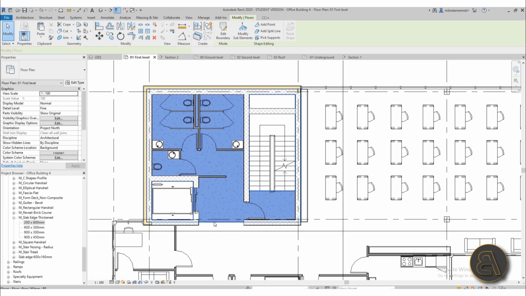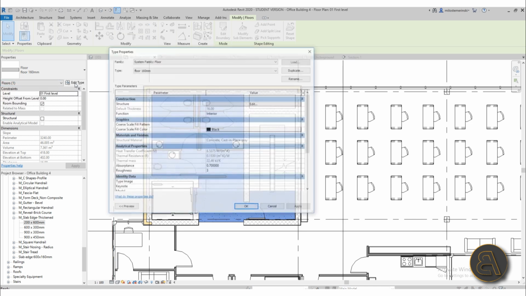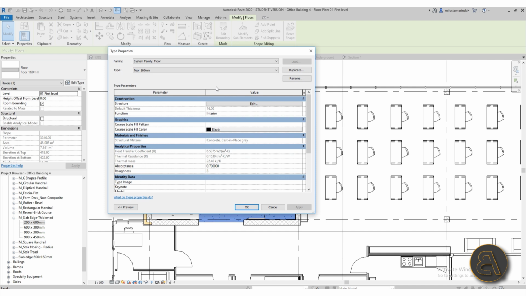Now let's hover over this line, hit the tab key a few times, and here we have our floor. Now this is the 160 millimeter floor, so that's the one where we just have a bit of a thicker floor. So let's select that one and go here into edit type. Now I already know the thickness of this floor, so we are going to be adding 4 more centimeters of layers to this floor. So let's just immediately rename it into 20 centimeter floor. Or actually let's rename it 20 centimeter tile floor,